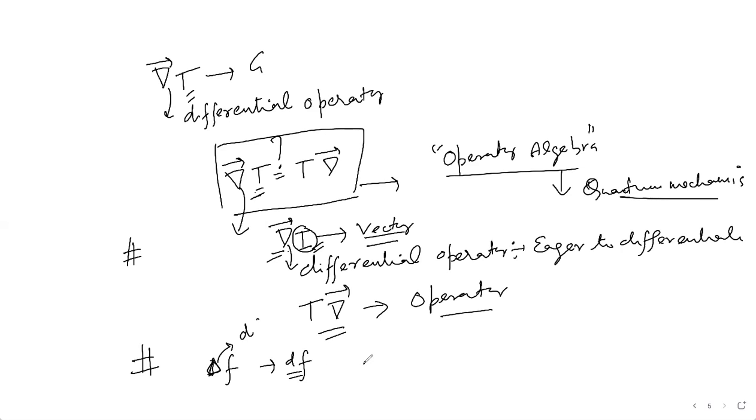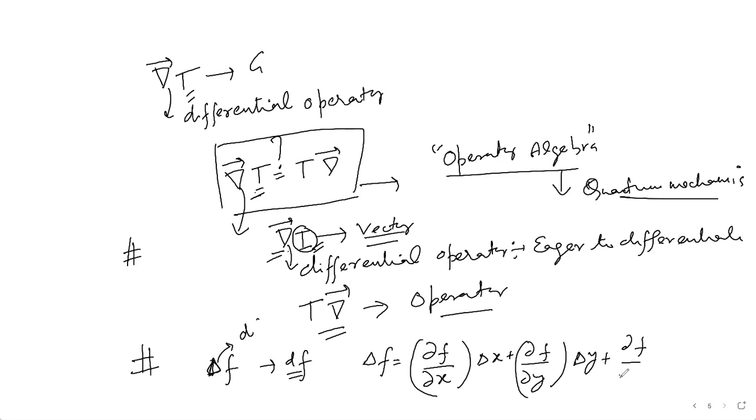So the way you write delta f, you can always write this as, if it is a function of x, y, and z, del f by del x, delta x, del f by del y, delta y, and del f by del z, delta z, right? And I said this relation will hold true when these approach the infinitesimal limit, where these things will go to 0.